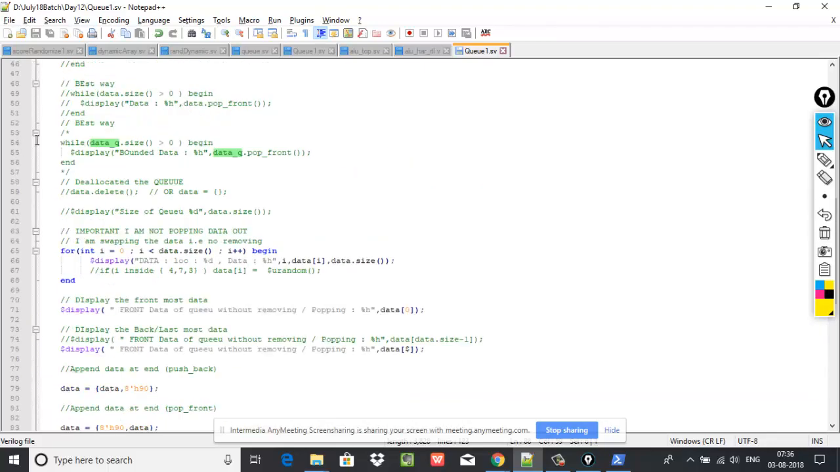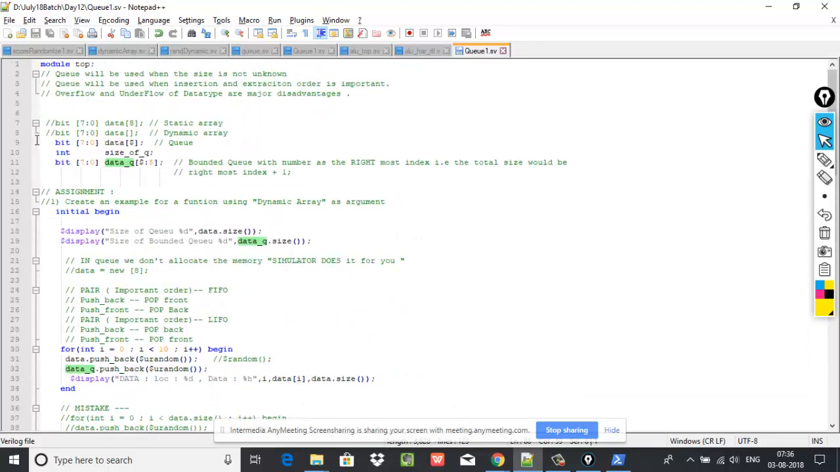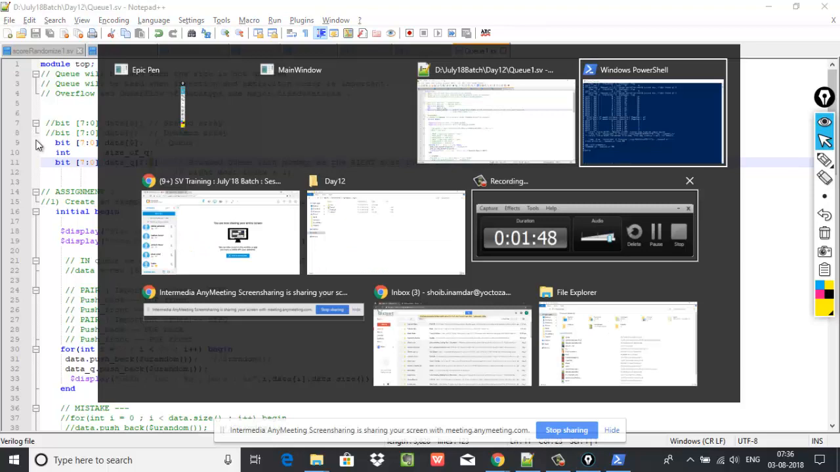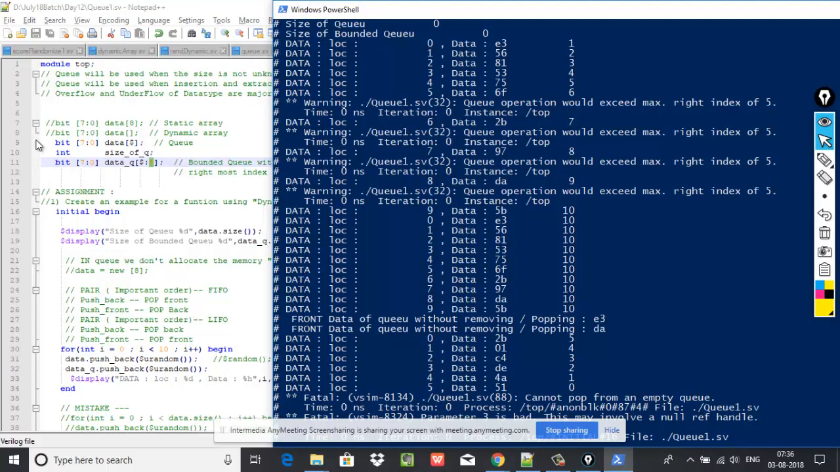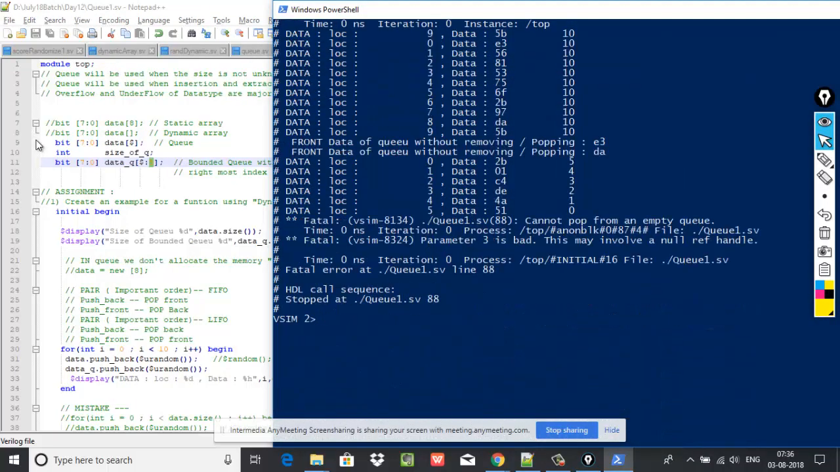But how many locations do I have there as max? Max index of 5. That means only 6. We have already seen that the 4 more locations that I wanted to push got overflown. They are not there, but I am trying to pop 10 locations, so it is giving me this fatal. So don't worry. What we will do is we can either use continue to continue the simulation,